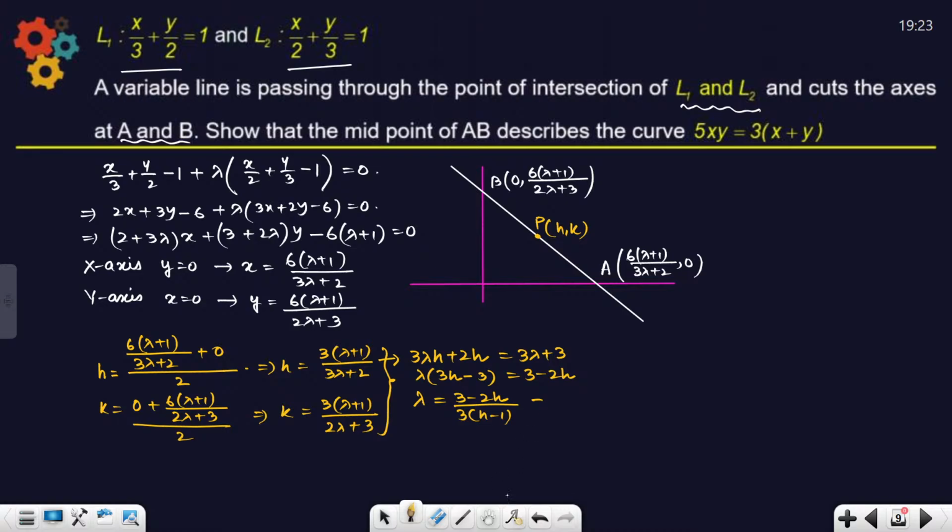K equals to, let me write it here. K equals 3 times lambda plus 1. Let me just write it here. What is lambda plus 1? It is 3 minus 2h divided by 3h minus 3, plus 1. So we are having